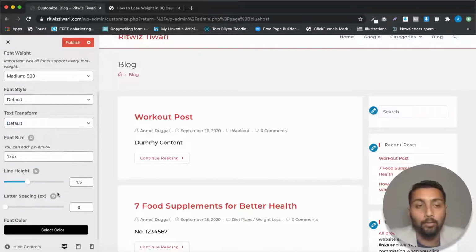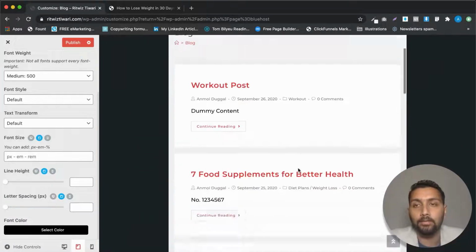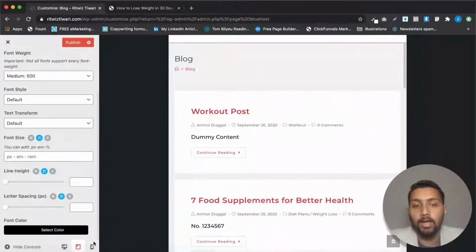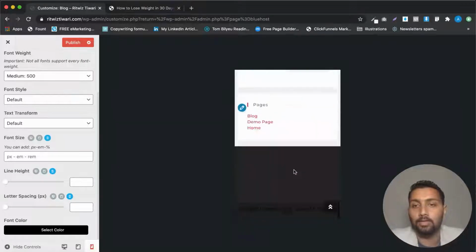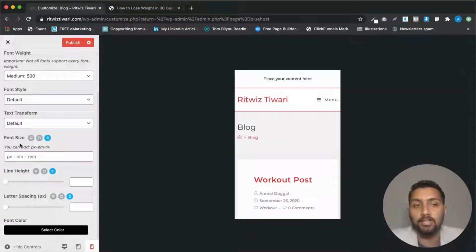All right, now one more thing that I want to show you is that since your website will be accessible across all the devices in the world, you can actually see how your website is looking in the desktop version. And then if you want to check it in the tablet version, we have an option here which we select. Then you can see how the website is looking in the tablet version, and in the mobile version also you can see how the website is looking. And then you can make the changes based on that as well.